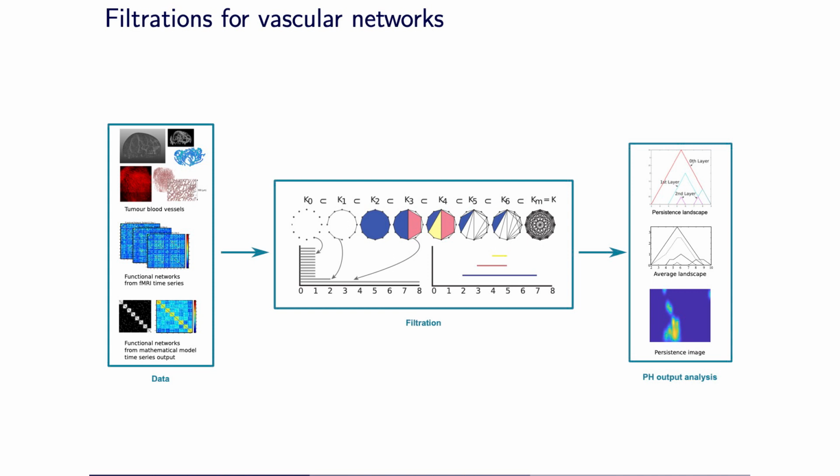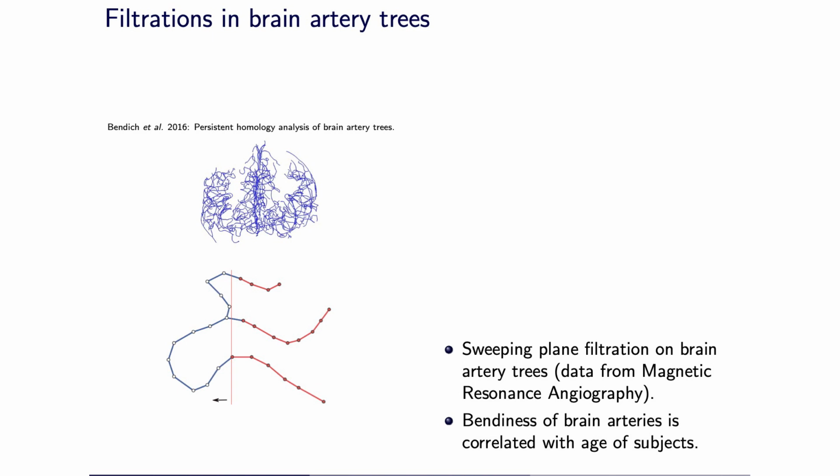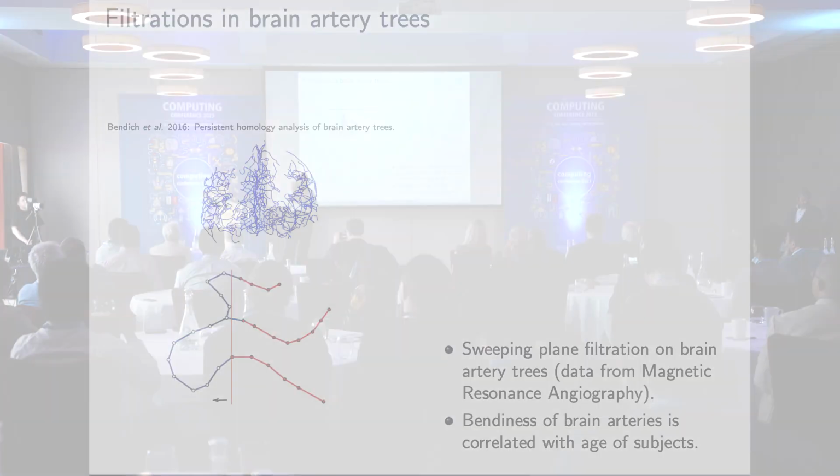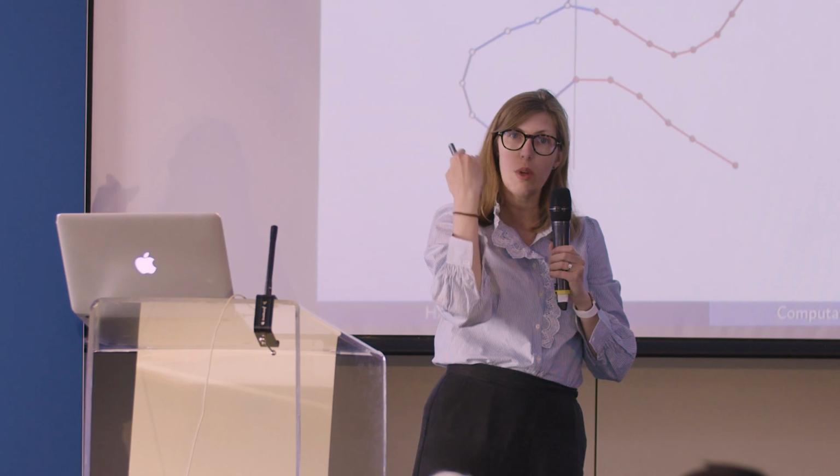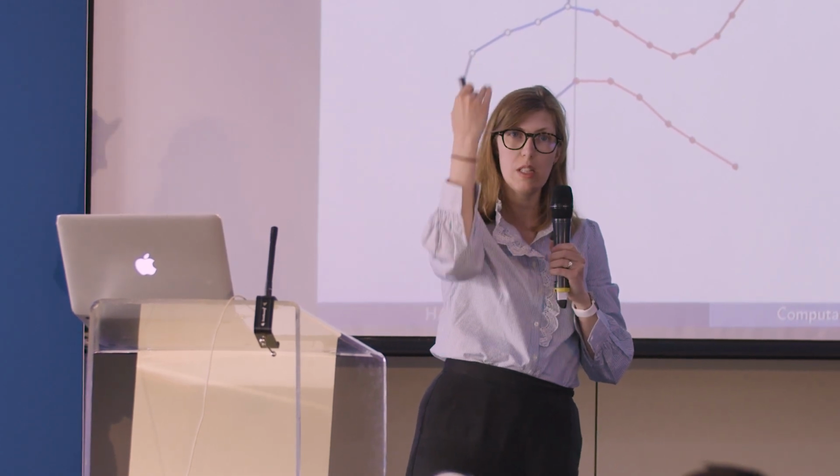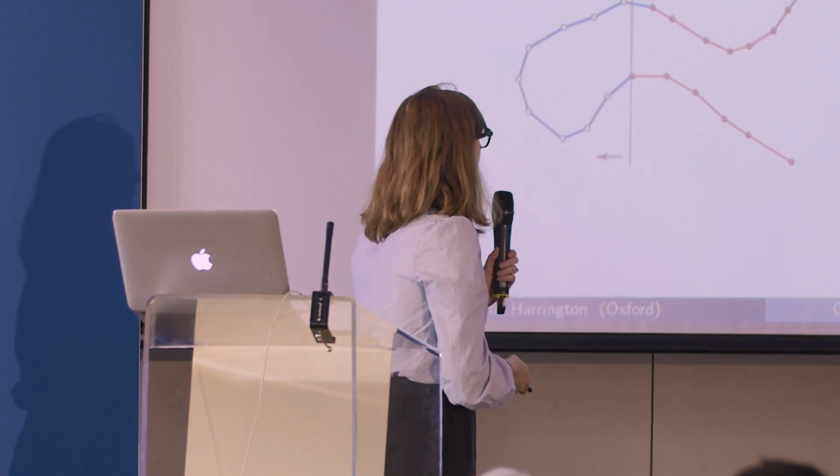And we did this with vascular networks, but first we had to develop the appropriate filtration. We looked at inspiration from others in the topological data analysis community. One was looking at brain artery trees, and they did this sweeping filtration going from the brainstem up. And we thought, okay, that's how we can continue to add this nested sequence of spaces. There's a direction there. But then we thought, that doesn't quite work with a tumor, because there's no real clear direction of the vasculature.